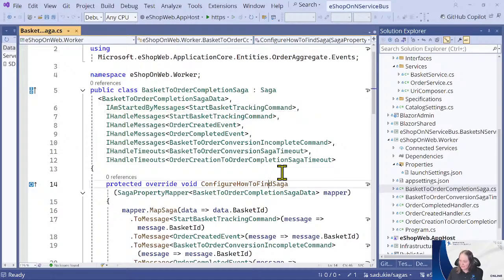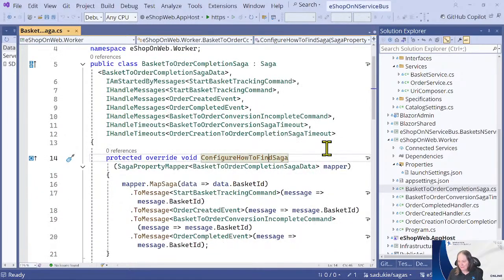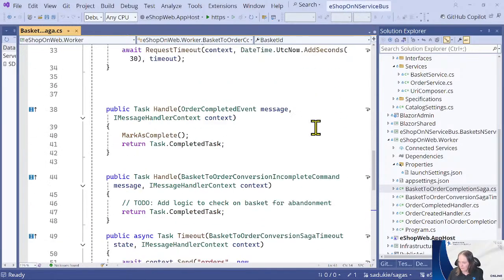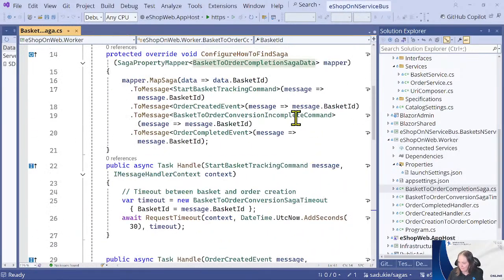Now there's configure how to find saga. You need to say, this is how you figure out where you're at. And so we have this basket ID. Let me show you this basket to order complete saga data. There's not much in it. All we've got is the basket ID. This is the piece of data that we're going to use to follow throughout. So then it's how do we find it?